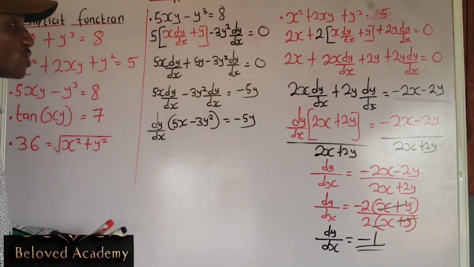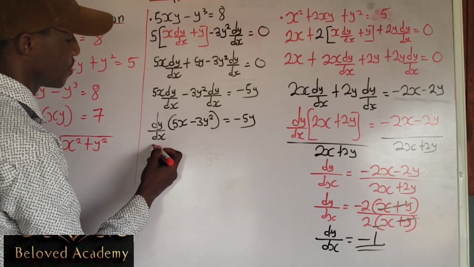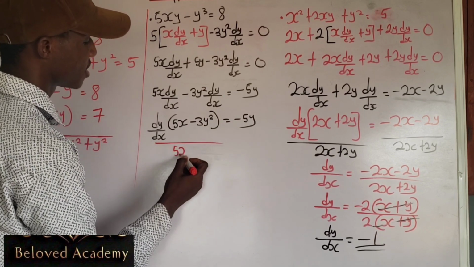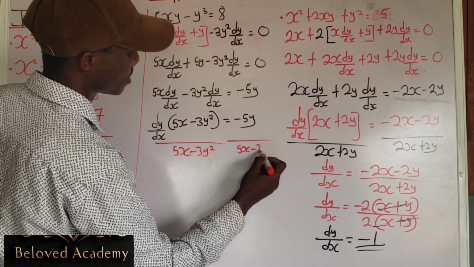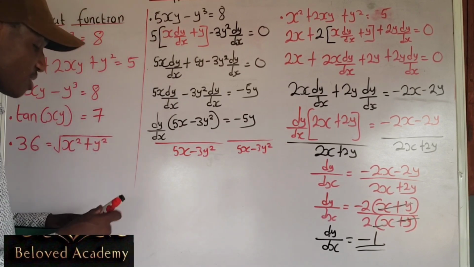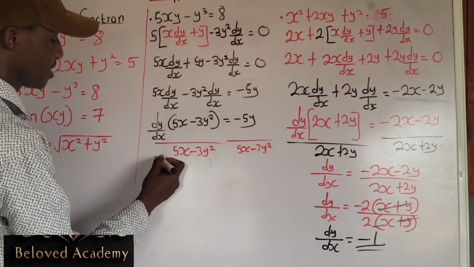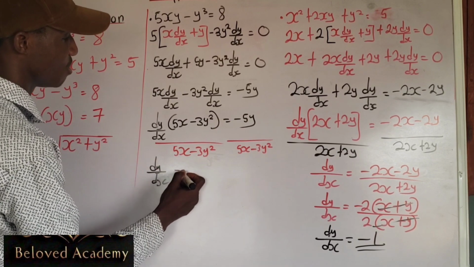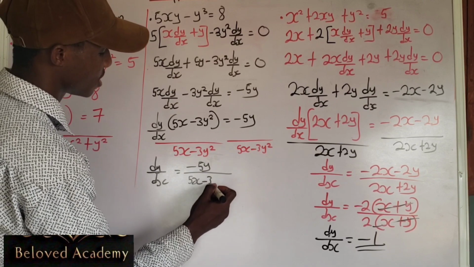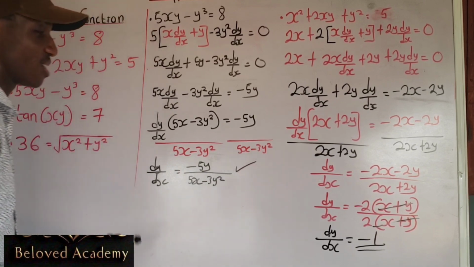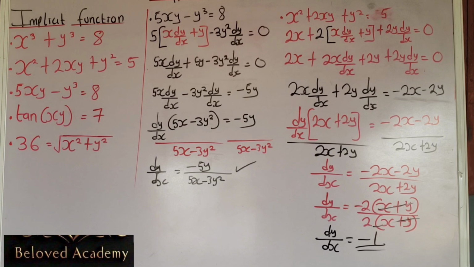The next step is to divide both sides by 5x minus 3y squared. So this over 5x minus 3y squared. So dy/dx will be equal to negative 5y all over 5x minus 3y squared. That is the final answer. Okay? Do you have any question? Okay, in the absence of question, let us proceed to